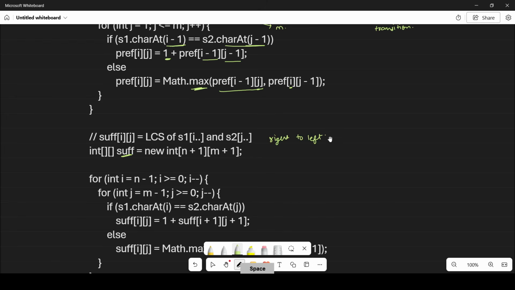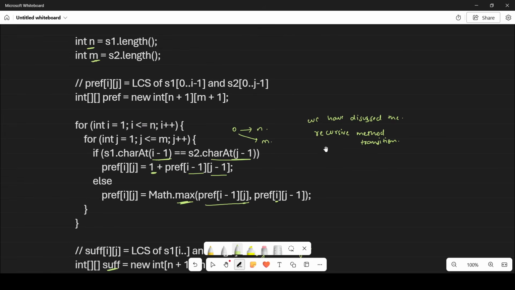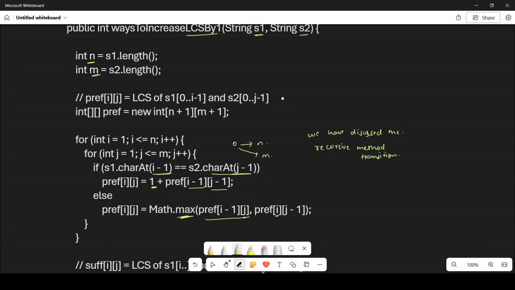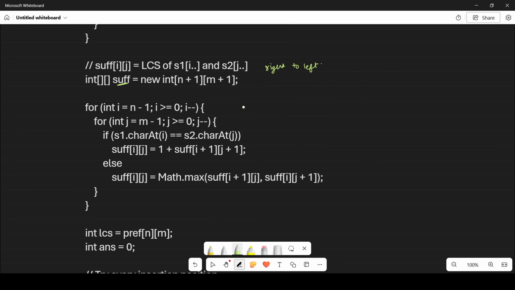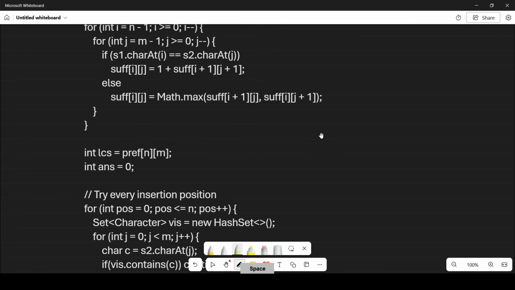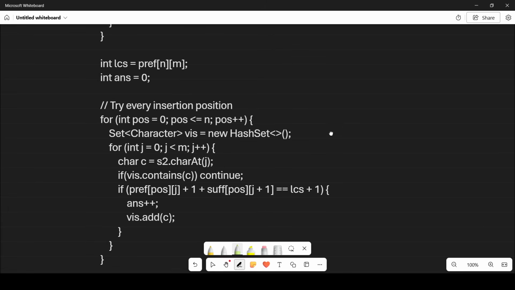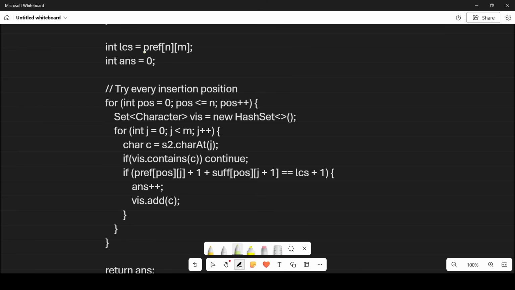So the prefix array denotes the process of left to right and the suffix array denotes the process from right to left, and both of them are very similar in nature, symmetric in nature. Now this pref of n comma m will store the original LCS,